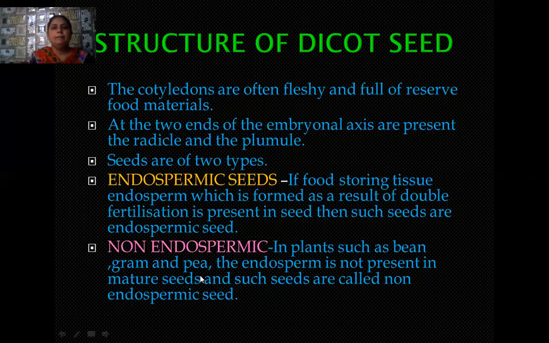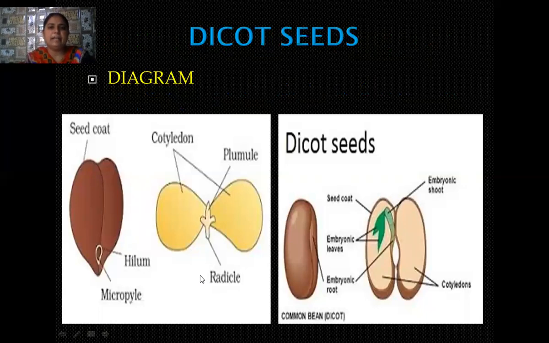Okay, students. Now this is the diagram of the dicot seed. Here the seed coat is visible to you, and this is the hilum, which is a scar, and there is a small pore which is known as the micropyle. When we open the seed, we have two fleshy cotyledons, and a small embryo is present. The portion of the embryonal axis which grows in an upward direction is known as the plumule, and the portion below the embryonal axis which always grows in a downward direction is the radicle, which is the progenitor of the root.